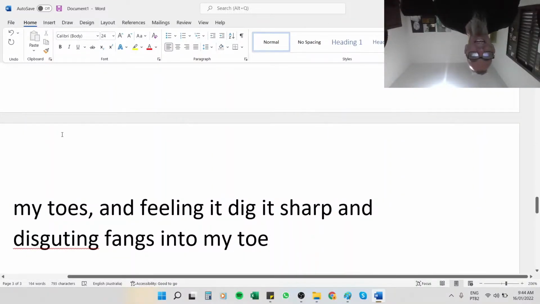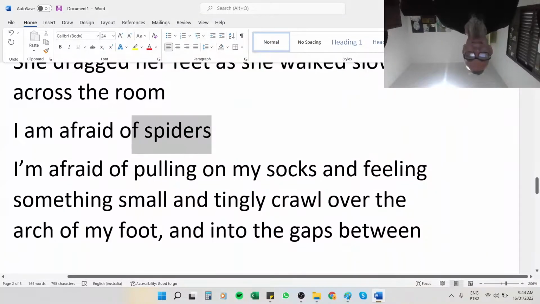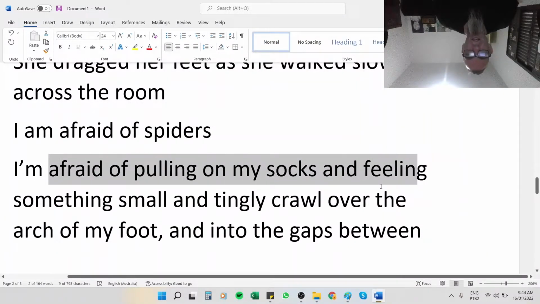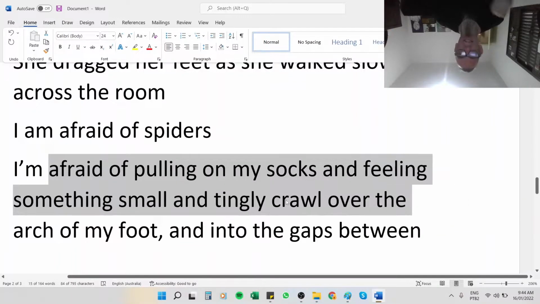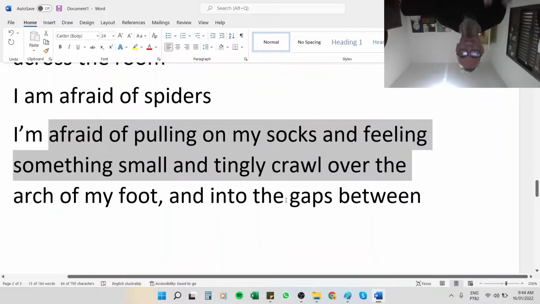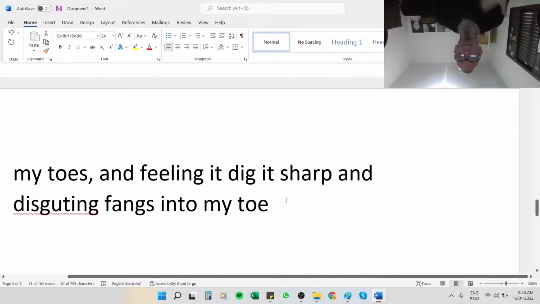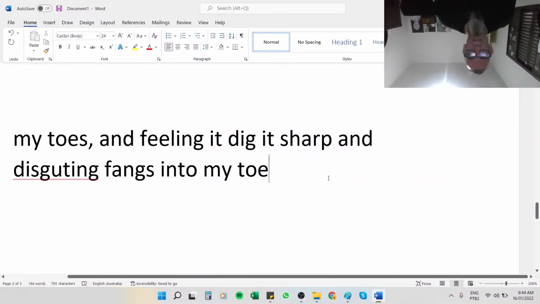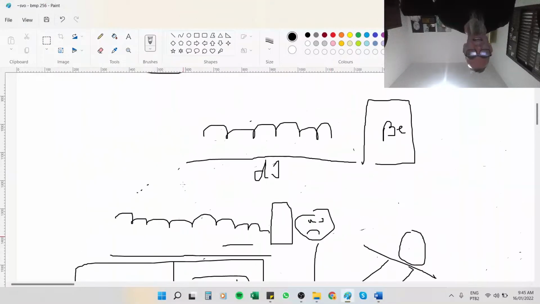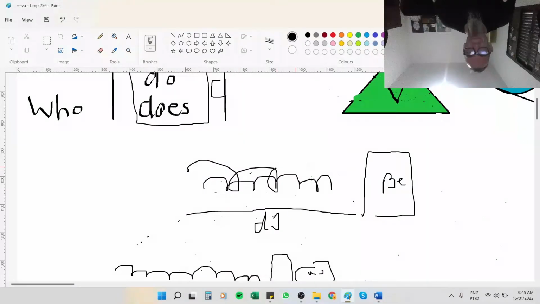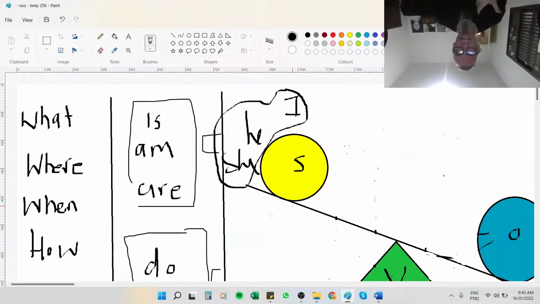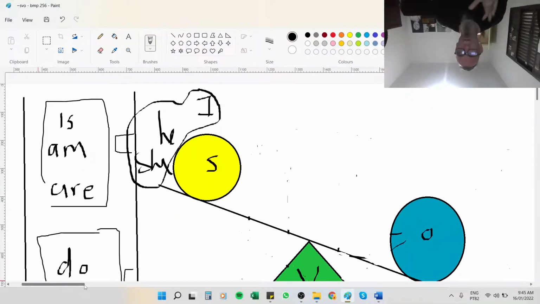So we can say here, I am afraid of something. Or we can make someone feel a spider crawling over their foot, crawling in between their toes and gnawing at their little toe. And then they feel the fear that we fear. So once again, this is just a difference between explaining a process, guiding someone through a process, or showing the result. And so when we look at practical writing, what we want to think, first of all,